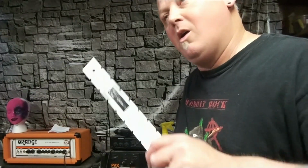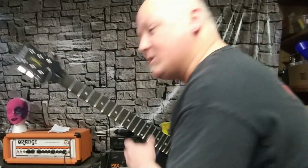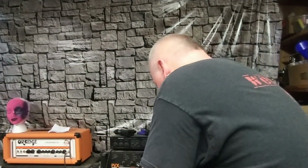But you see where the straight edge is? It's nice and straight and flat, which is what I like to see. There was a little bit of a bow. I made an adjustment, waited a couple days, made another adjustment on it, and now it's ready to go. So I'm going to do some more cleaning on it first, do a little bit more polishing, and then I'm going to